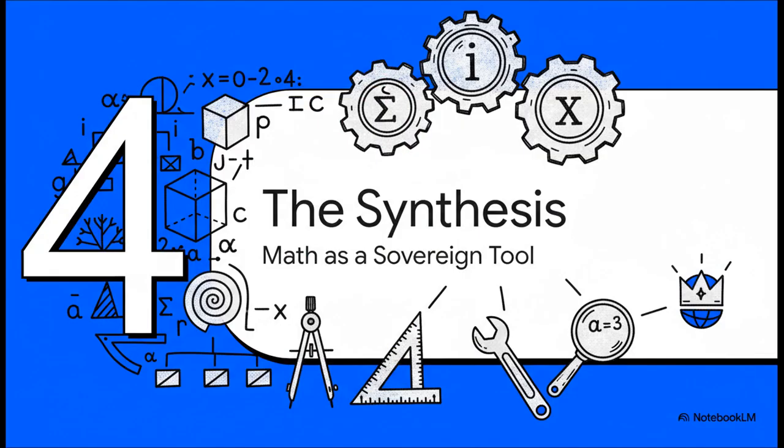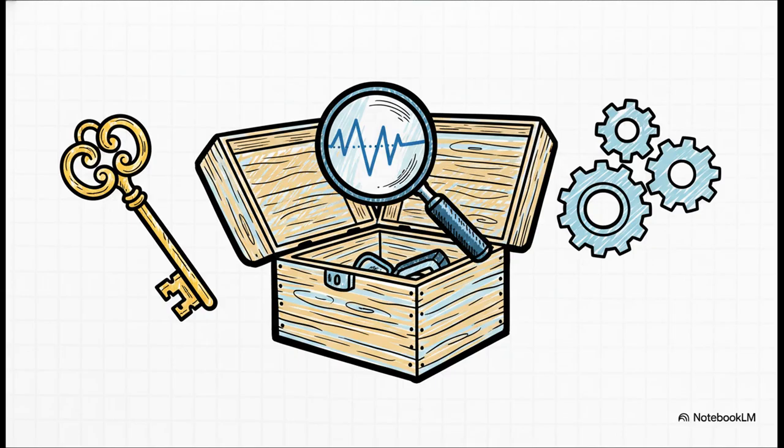All right, let's pull all three of these powerful mathematical pillars together. We've seen how algebra, statistics, and logic each give us a very different but equally essential tool for our own personal sovereignty. So you have the abstract algebra of trapdoor functions, which gives us true ownership of our digital selves. You have the statistics of exponential decay, giving us a way to independently verify the physical world. And you have the Boolean logic of circuits, which gives us a foundational understanding of the very tools that shape our reality. It's a complete toolkit.